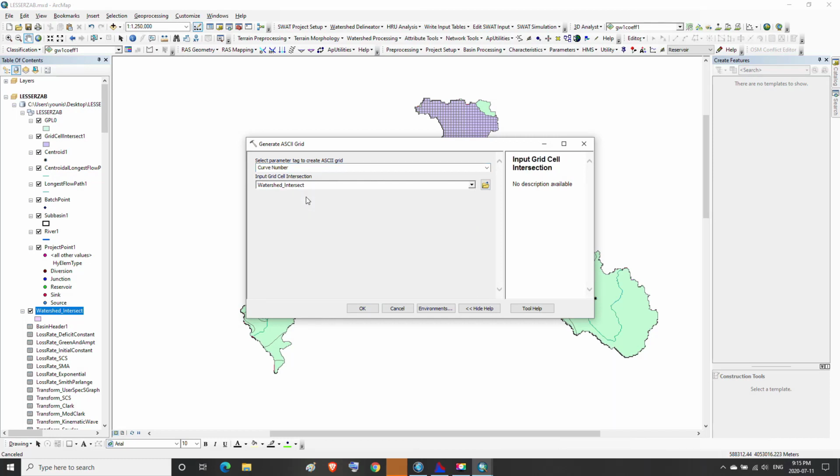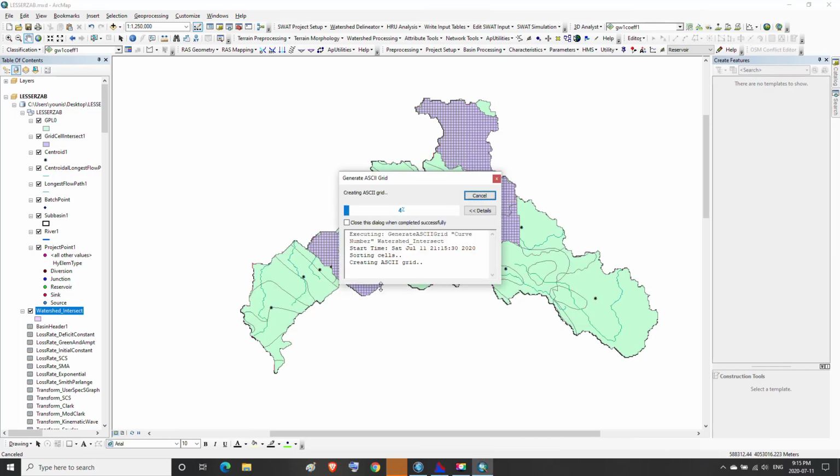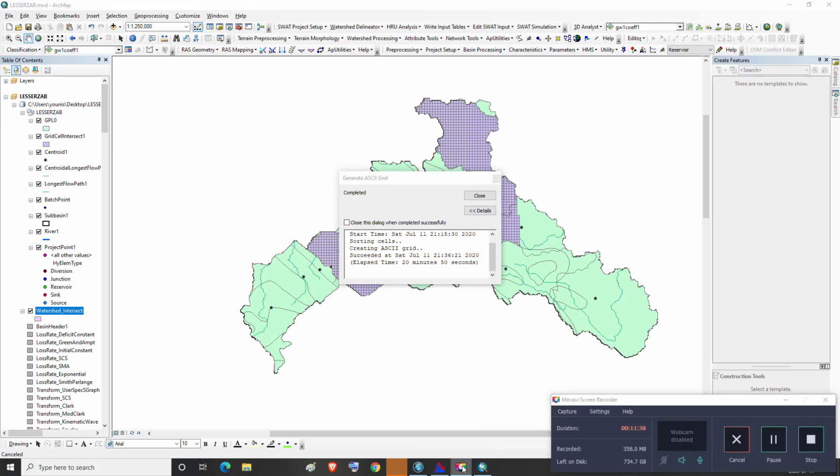In Input Grid Cell Intersection, we choose Watershed - Intersect, then OK. Then generate ASCII grid begins. A message appears indicating that generate ASCII grid completed.